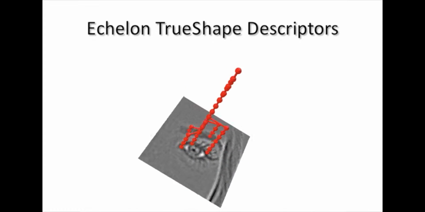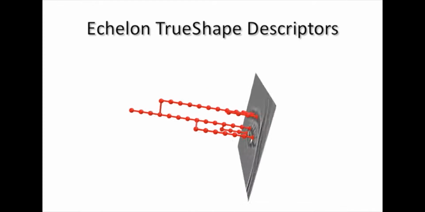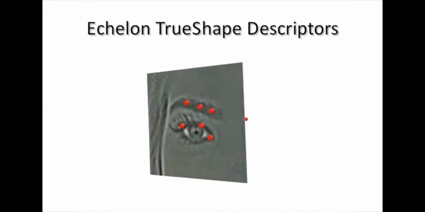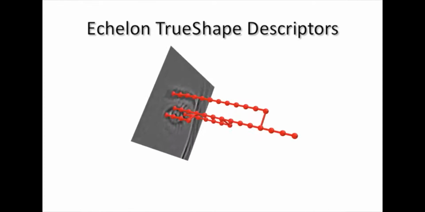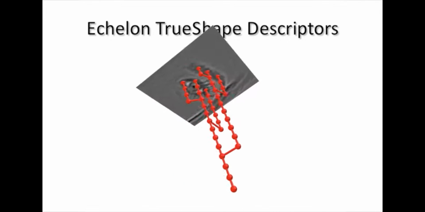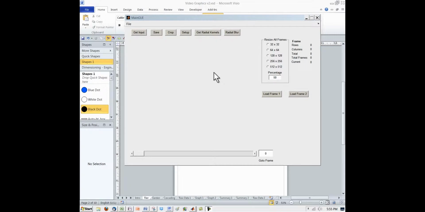This video introduces TrueShape Descriptors, the local descriptors used by the Echelon algorithm. The demonstrations presented in this video are based on frames from a clip of a rotating head, shown here. The demonstration begins with a brief tour of the Echelon test bench, a software application developed to verify the theory